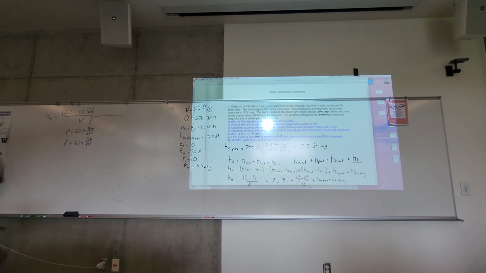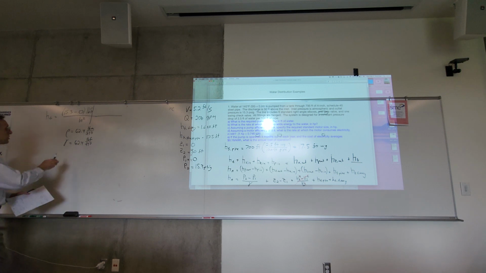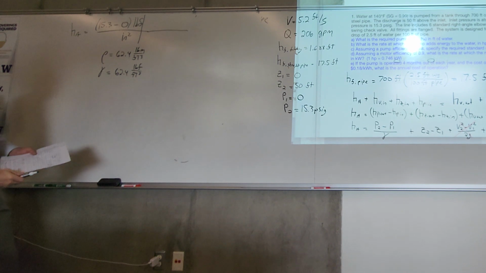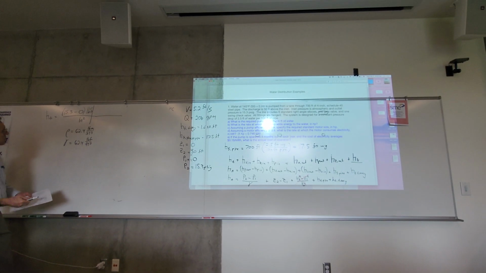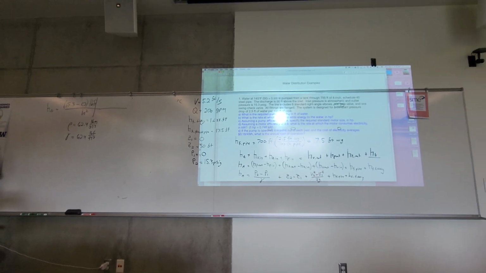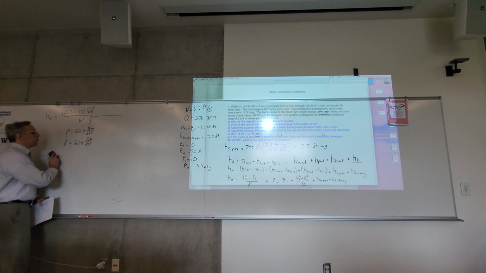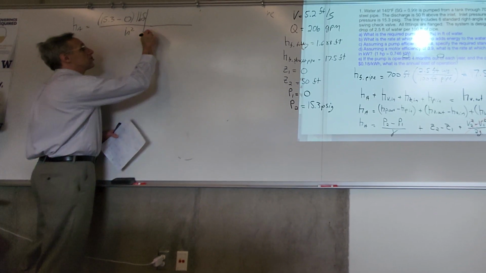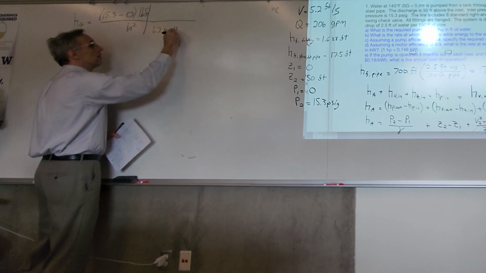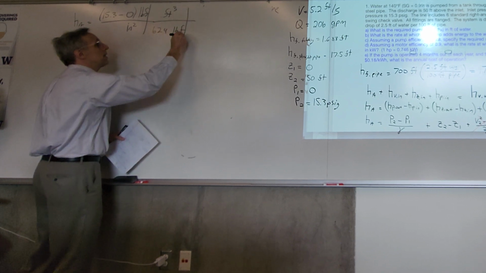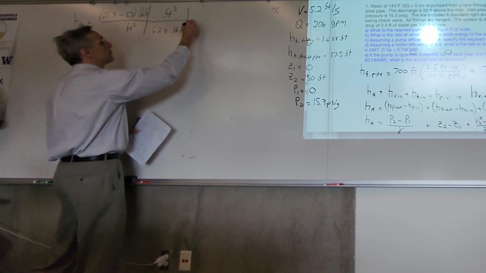Now, strictly speaking, I would need to multiply this by 0.99. I didn't do that here, so this is going to be a little bit less than 62.4 at that temperature, 140 degrees. But I'm going to just use 62.4. So if we divide by 62.4 pound force per cubic feet,